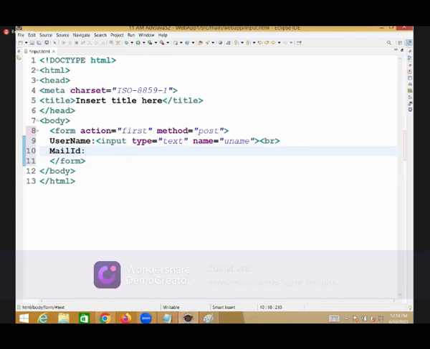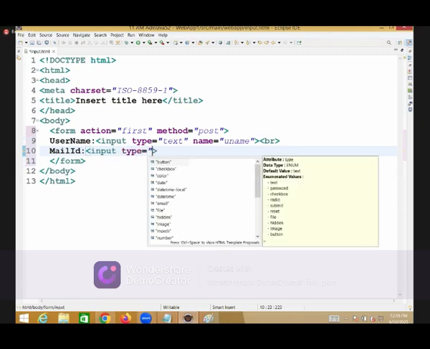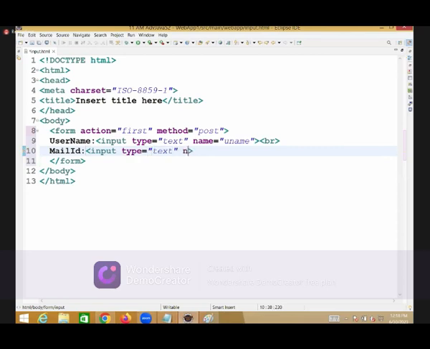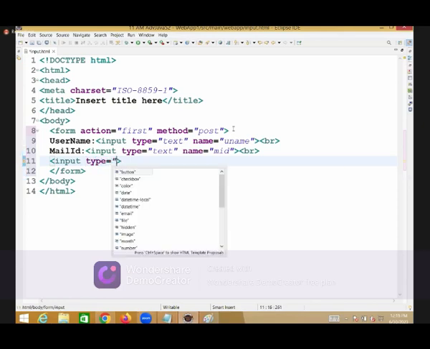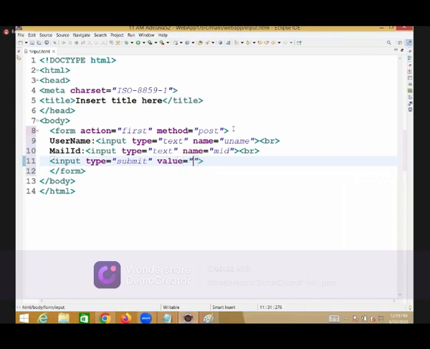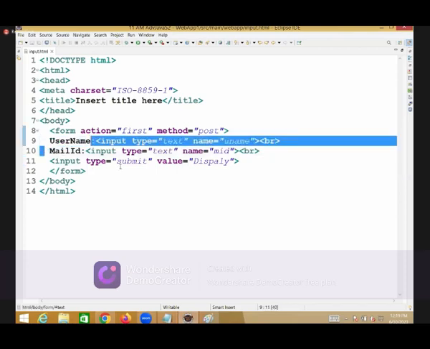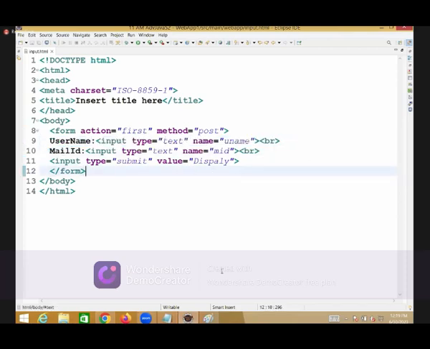Mail ID: input type is equal to text, name is equal to MID. Input type is equal to submit, value is equal to display. Username and mail ID, just two values I'm taking. Once the input.html is ready,